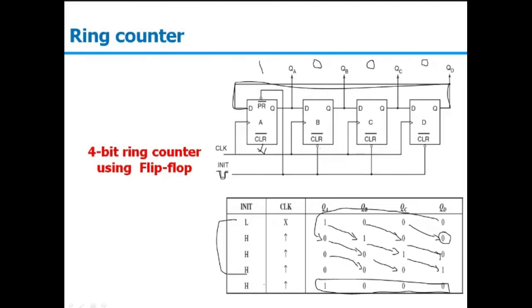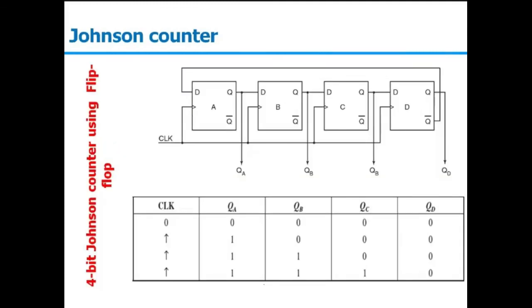The next one is the twisted ring counter or Johnson counter. Both are the same. In the ring counter, we were connecting QD to DA, but for this twisted ring, we will connect the inverted output as feedback to the first flip flop. So here QD bar will be connected to the input of the first. Initially, we can have them all in the reset condition, and as the clock comes, since all are reset, this input will be 1. So now 1 will travel.